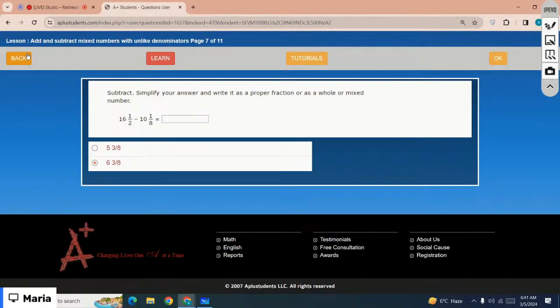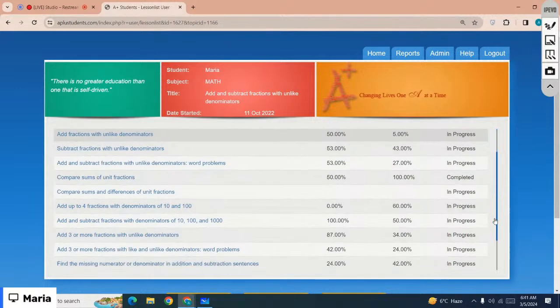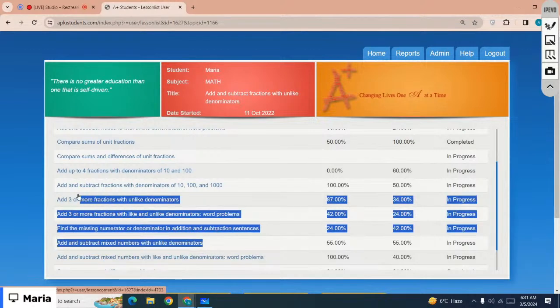So, we were working on grade 4 math. The chapter we were working on is add and subtract fractions with unlike denominators, right? So, please make sure before the next session you can complete all the practice questions. The lessons we have covered today are